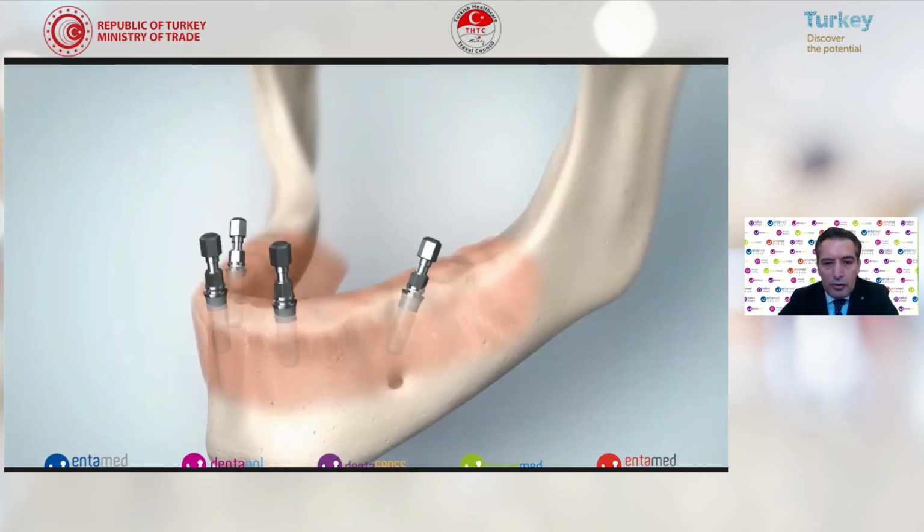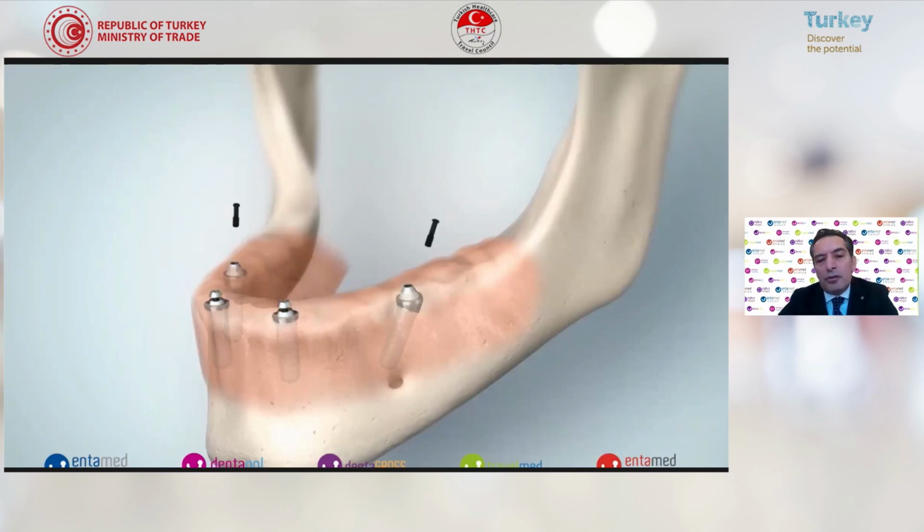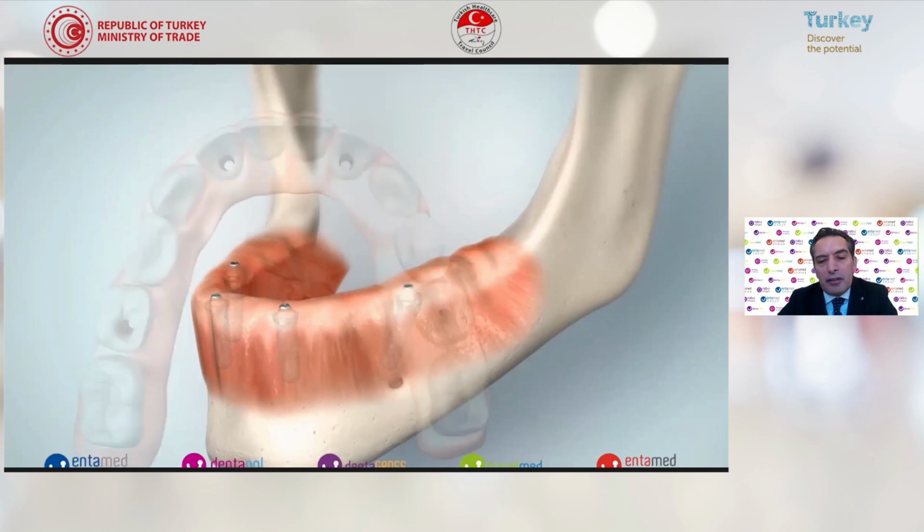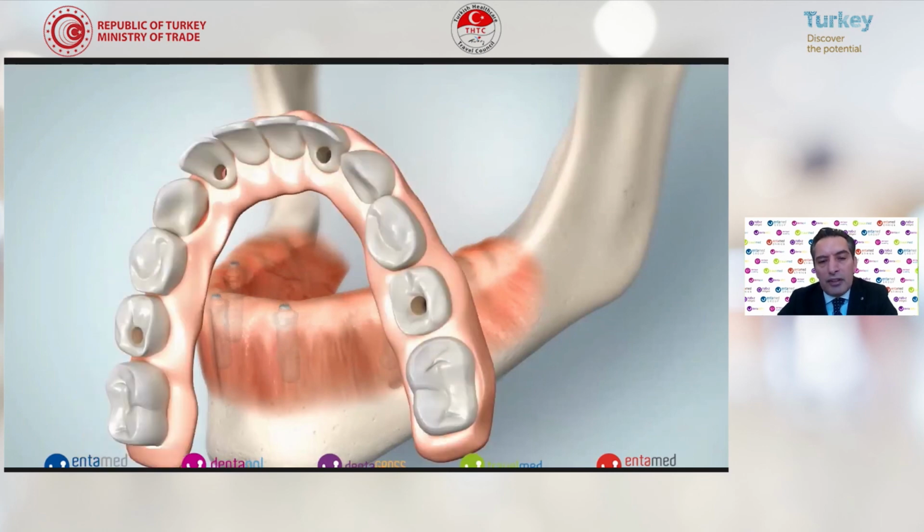You see, with angulation, you place the posterior implants, and the anterior implants are at a direct angle, but the other ones are angulated about 37 degrees. Then you place the multi-unit implant abutments. After closing the